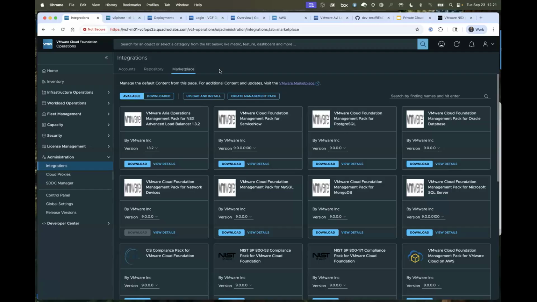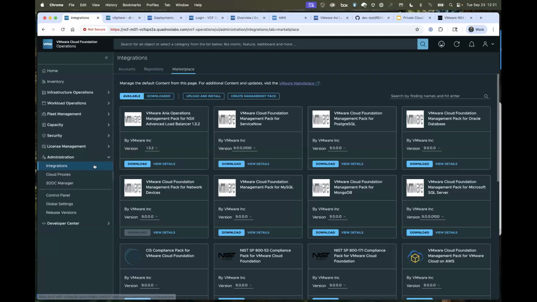And I think it was asked earlier. I don't know that we covered it. So this is a good point to look at that. Let's look at an environment that is not a VCF environment, but we want to deploy Ops 9 into that environment. We can certainly do that.